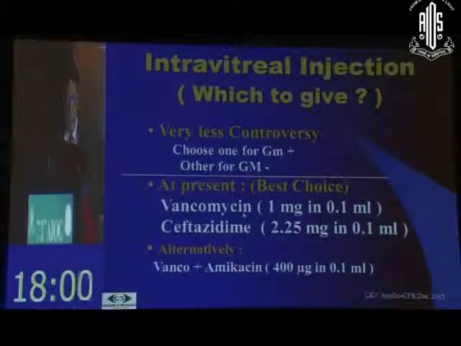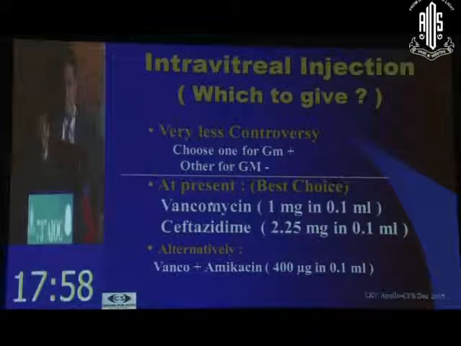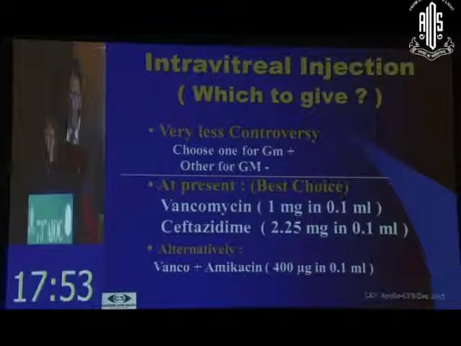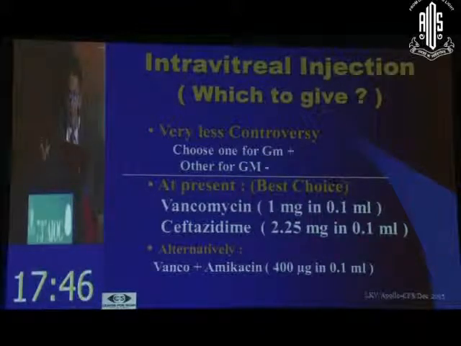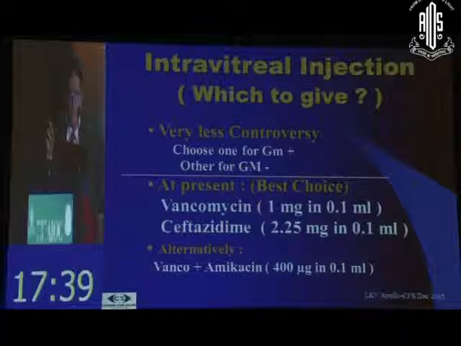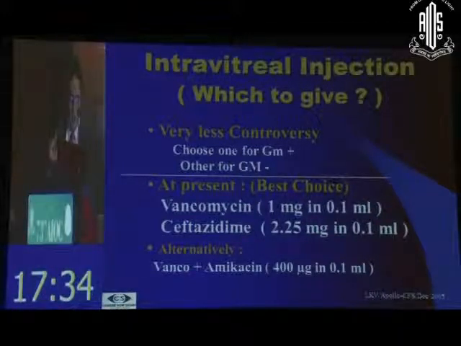What to give? As of today, we still persist with one antibiotic for gram positive and one for gram negative, Vanco and ceftazidime, and simultaneously we hurry up to see KOH as well as gram stain. By chance we should not be missing out fungus, because if that is so, then an antifungal agent, voriconazole, is added. But if the patient has Pseudomonas or a very virulent infection or is a post-traumatic patient, then my initial drug of choice is Vanco plus Amika, because Amika is more sensitive towards gram negative compared to ceftazidime.